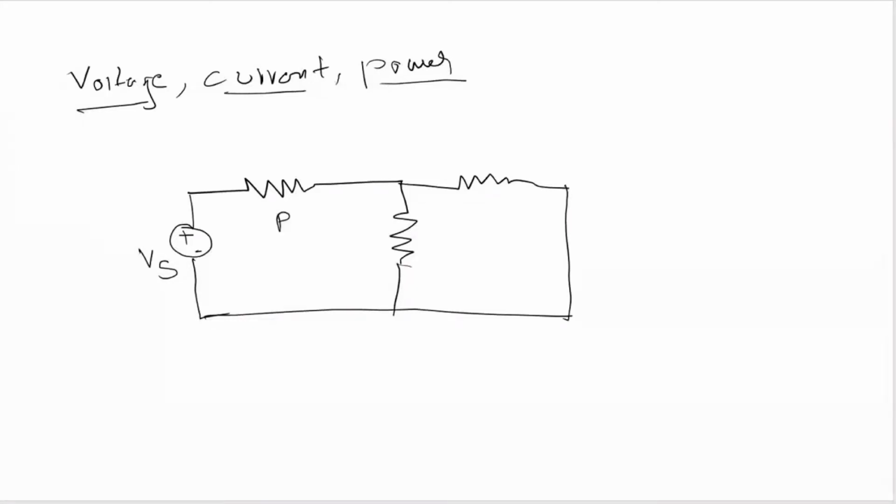If you want to know the power consumed by this element, you first have to know the voltage across the element, and you have to know how much current is going into this element. Similarly, for the power consumed by this element, I have to know the voltage across it and the current through it, I3. Similarly I2, and the voltage across the element is V2. Once you know these voltages and currents, you can find the power consumed by each element.